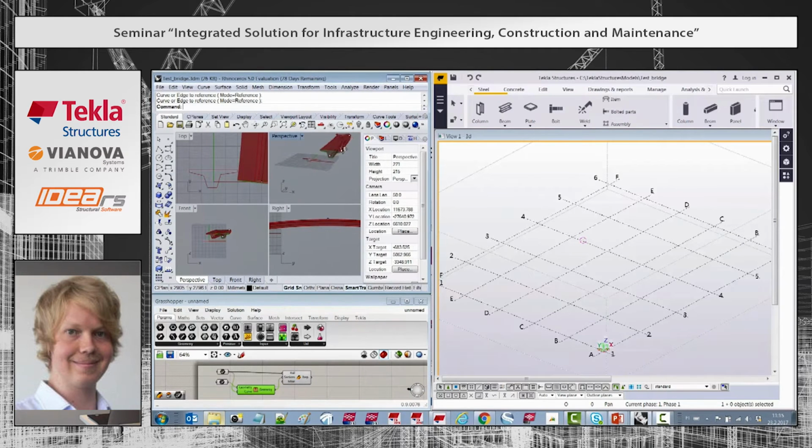Now you see that basic item here. Let's add a few more components. Let's get the solid there, and